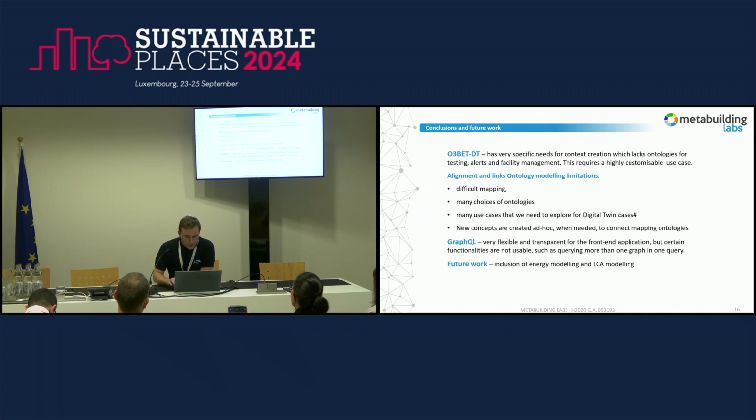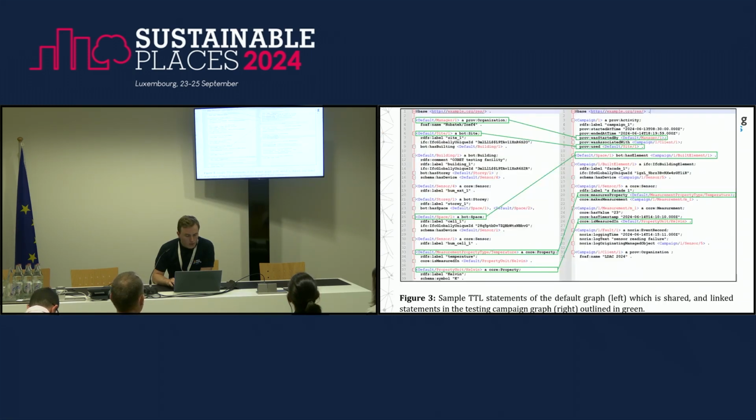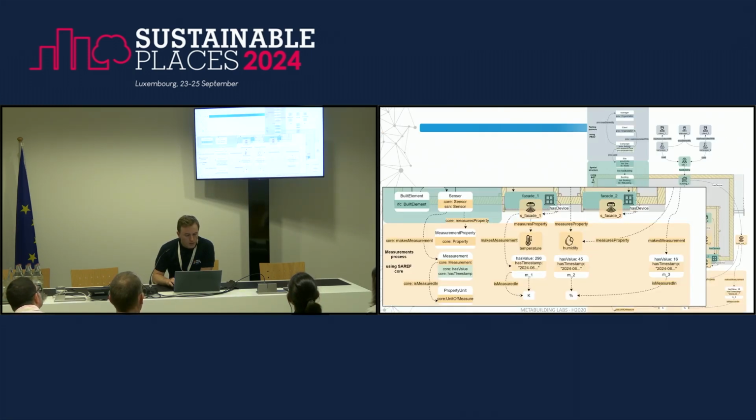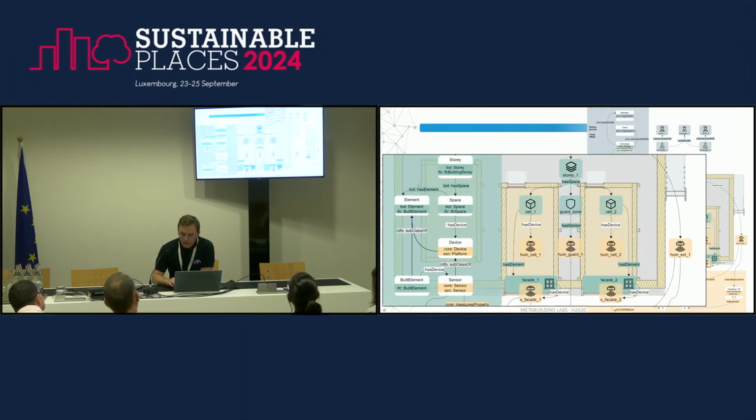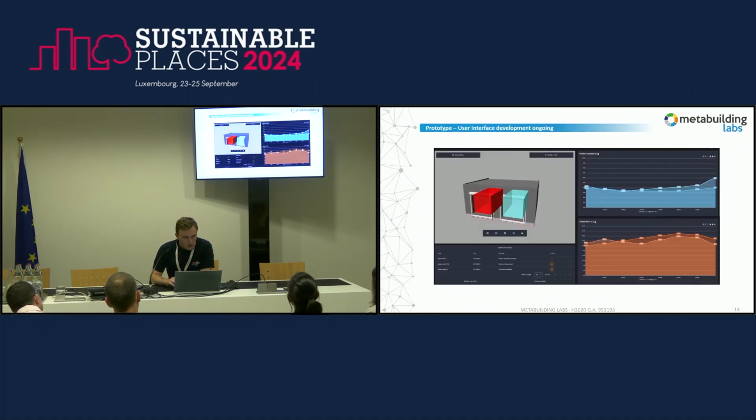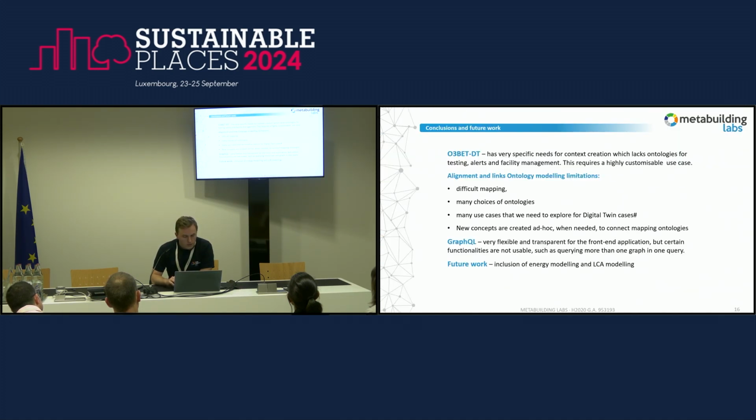And in our case, I'm going to go back quickly to this diagram. There were some times when we couldn't really connect the ontologies, so we had to come up with certain properties. For example, you see there between built element and sensor, if it's in white, it means that it's our property, has device. And there might be a few others. But we try as much as possible not to create something new, just to connect what already exists.